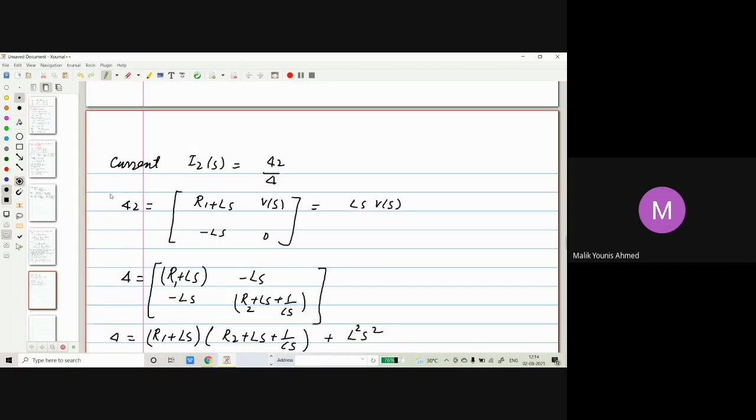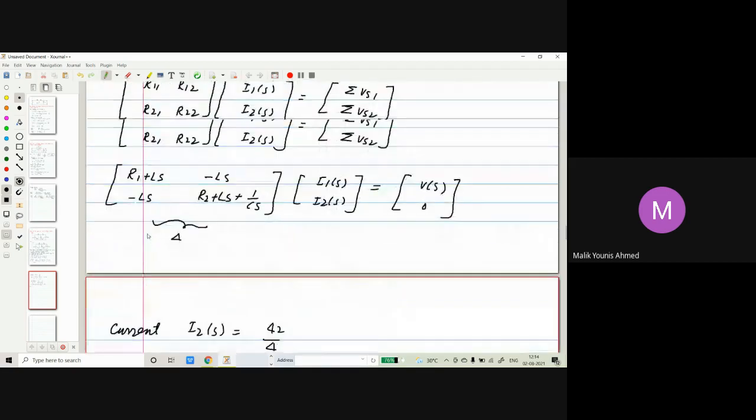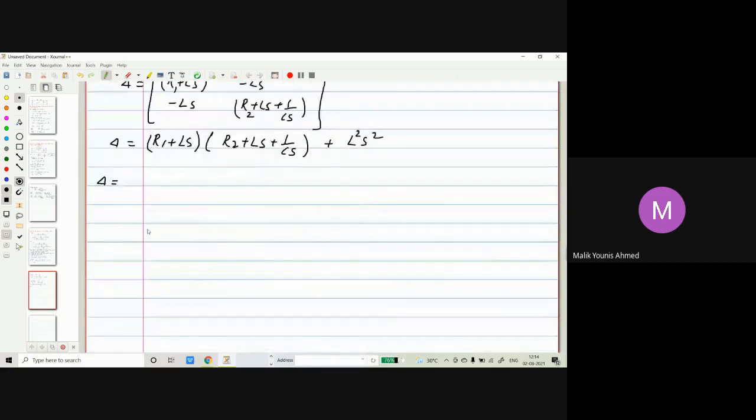Now, how do you have to find the transfer function? You have to look into this I2. So that means obviously I2 has to be obtained. Delta will be, now further simplify this, R1 R2, then it will be R1 multiplied by R1 LS plus R1 by CS. That is the first term multiplied with second term, R2 LS,